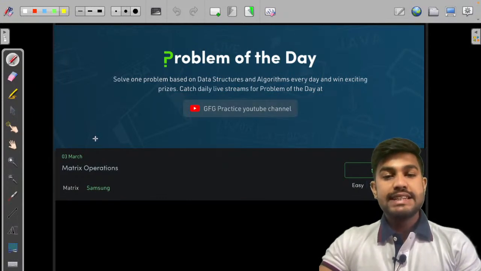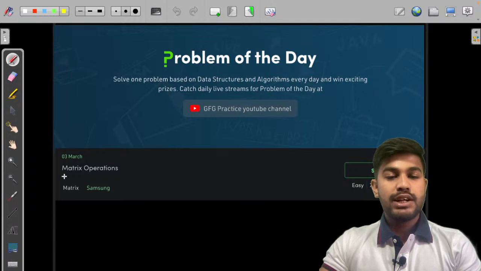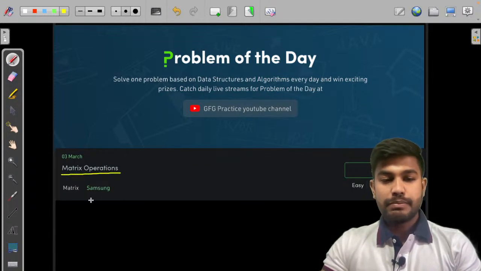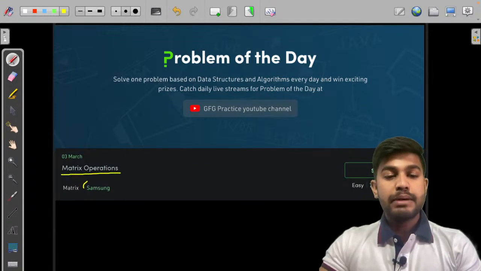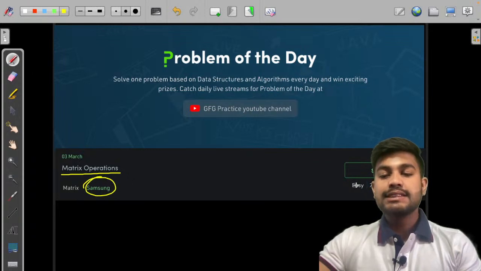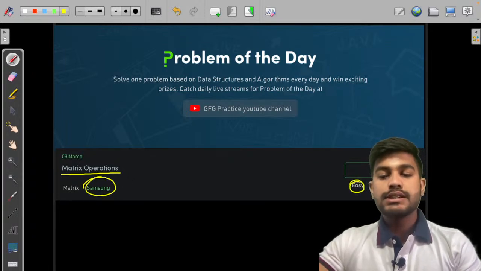Today we would be discussing yesterday's problem of the day, that is matrix operation. This problem appeared in Samsung and this is an easy level problem with a success percentage of